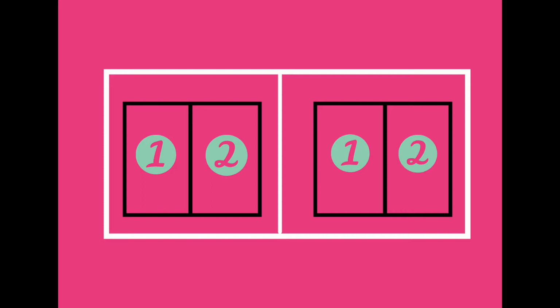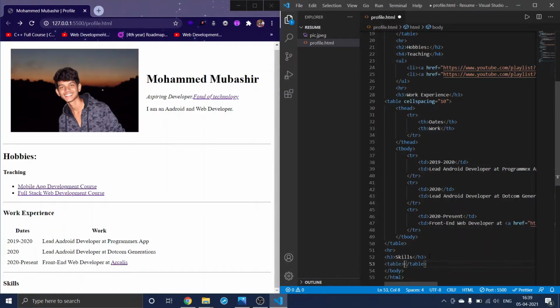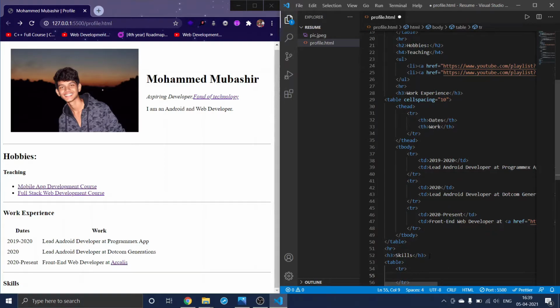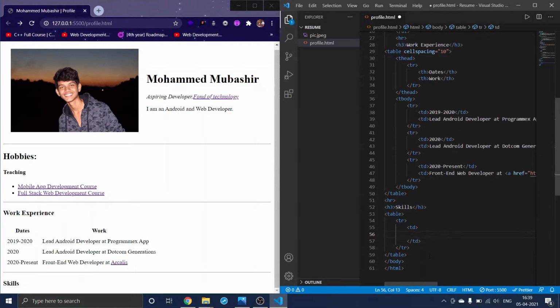So let us come to our VS Code again, and let us give a table tag here, and in the table I will give tr. In the table I will make a row, and in that again I will make a td, and in that td, let us think this is for the left side.